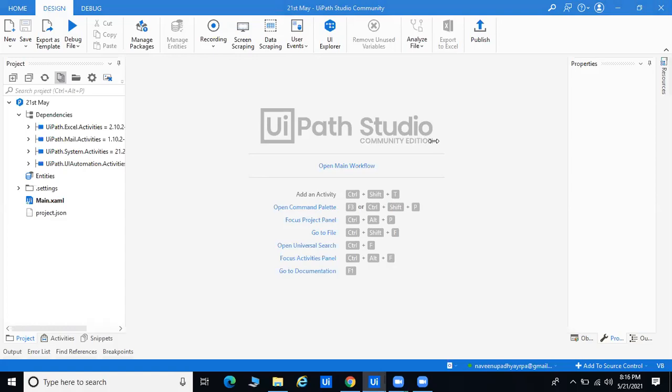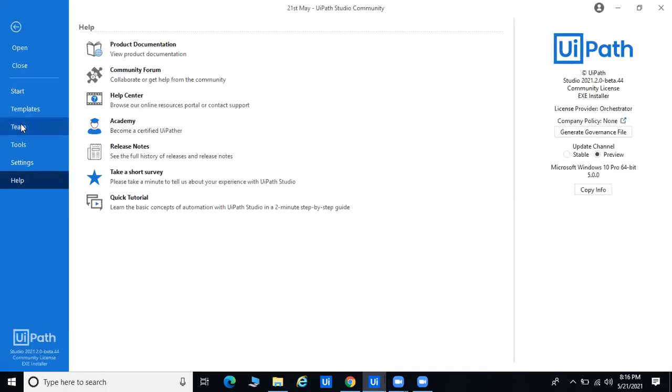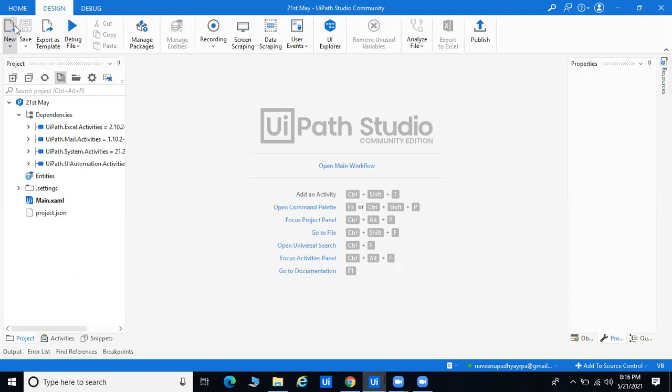Okay, so right now, this is the Home button, especially for your projects and for instructions, lots of things. You can see here at the bottom, Studio 2021.1.20, the beta version. So Home is especially for your project, your settings, selecting the language, selecting your theme, installing the extension, and TFS SQL. Lots of things you can do in Home.